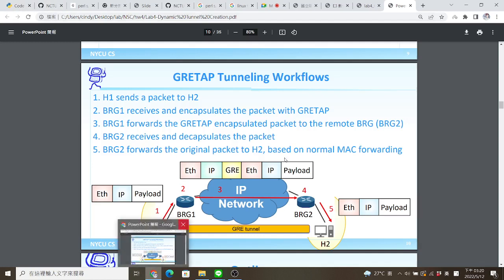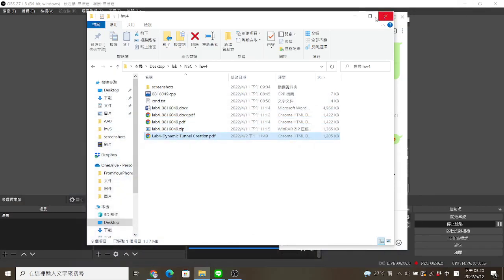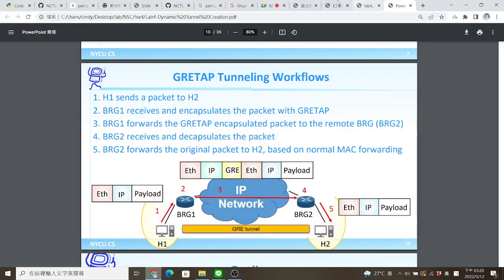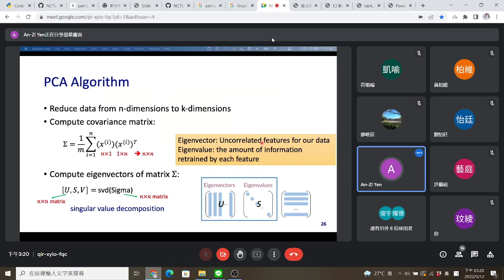好，那我们再来上课。Okay, let's see the procedure of PCA algorithm. Let's say we want to reduce the data from n dimensions to k dimensions. And what we're going to do is first compute the covariance matrix, 共变异数矩阵. And the covariance matrix is commonly denoted by